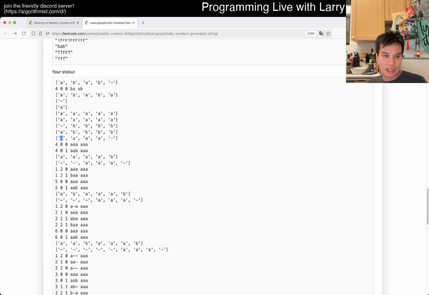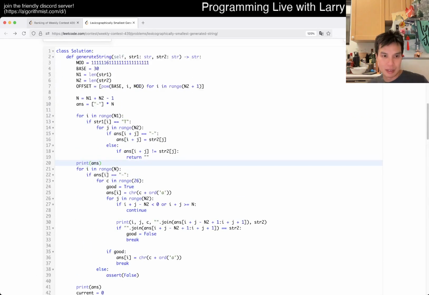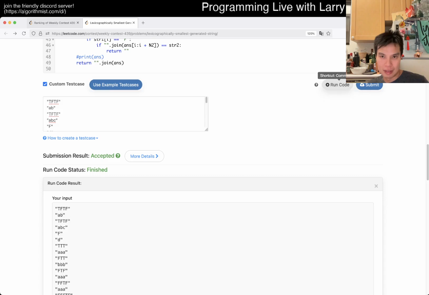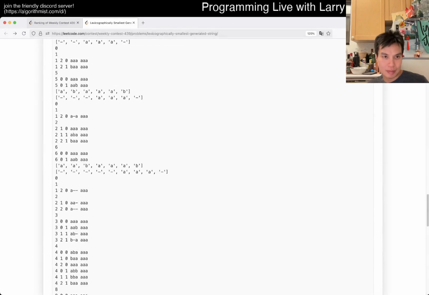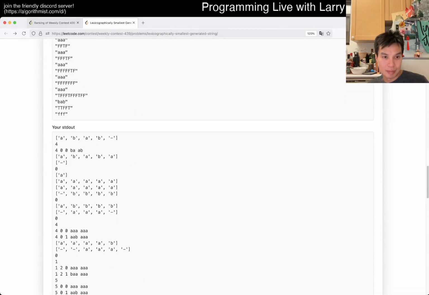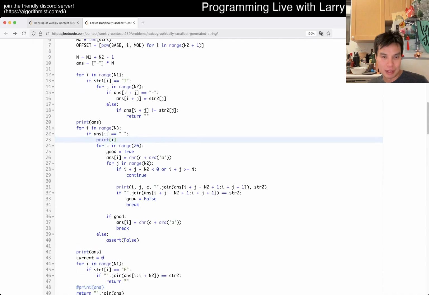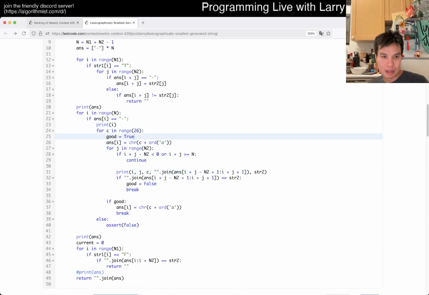Why would you have AAA not? Okay, so it looks at 0, but doesn't do any of the loops that are here. It skips a bunch, but